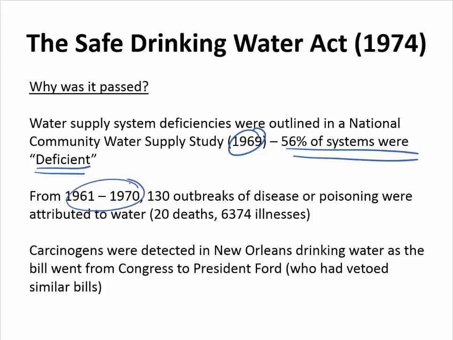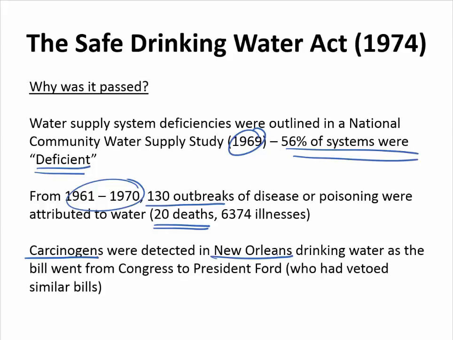In that time, part of the reason for this study is there were 130 outbreaks of disease or poisoning attributed to the water system. This included 20 deaths. When the bill went forward to President Ford for signature, as the bill was going to his desk, carcinogens were found in New Orleans. And although he had vetoed similar bills, there was mounting pressure from these health risks